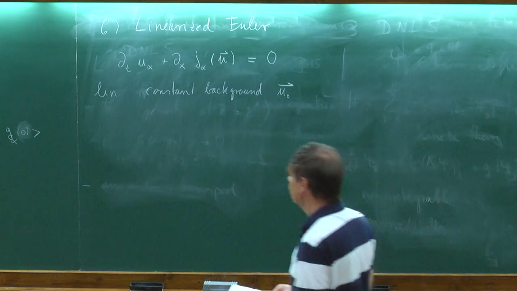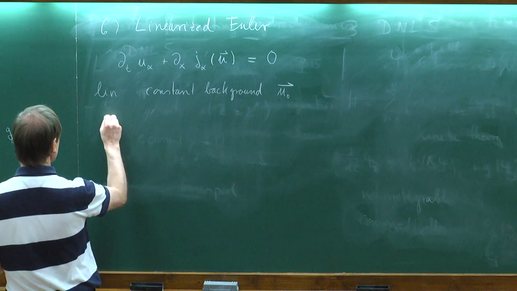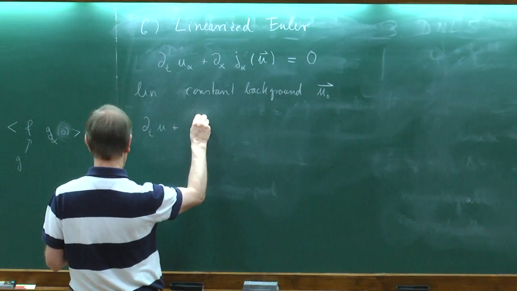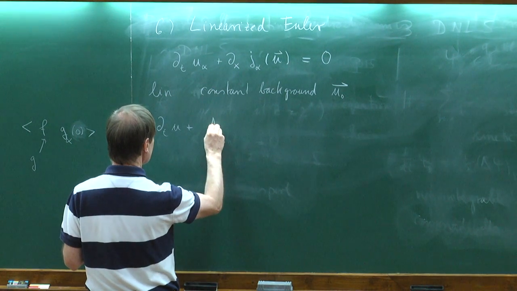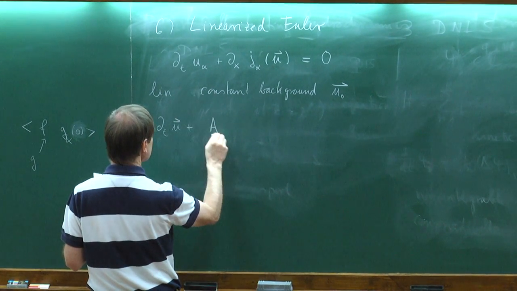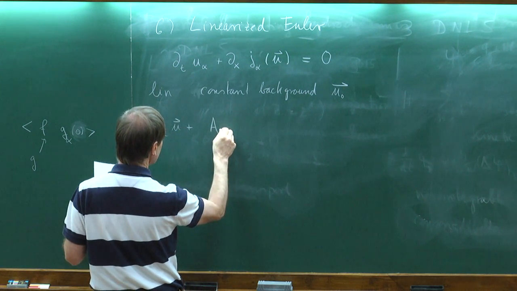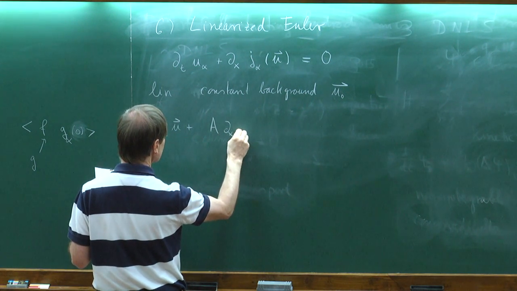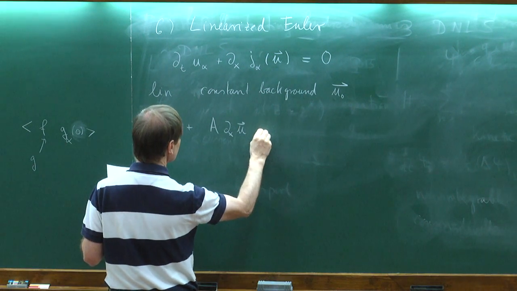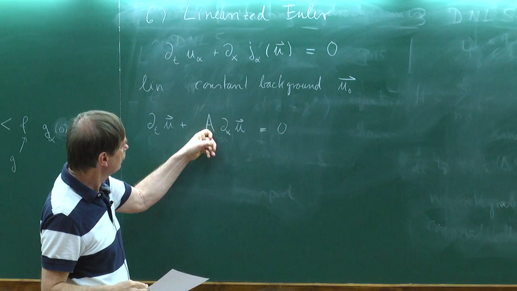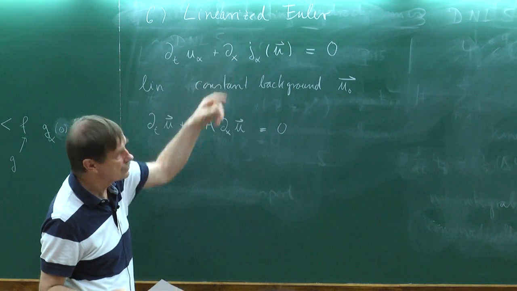Okay, and so the linearized thing is that you have d/dt of u. That's of course now a linear equation, and I write this as A. It doesn't make any difference where I put the A, outside or inside. So let me write it like this: A u vector is equal to 0, right? So this is now a 3 vector. This is a 3 by 3 matrix, and this is just the linearized equation up here.